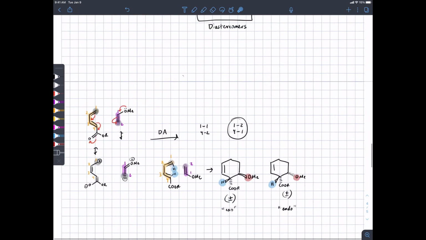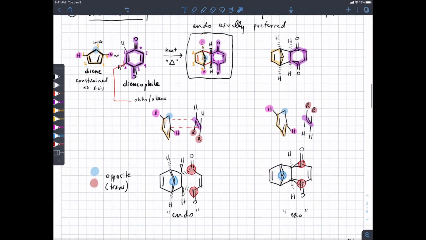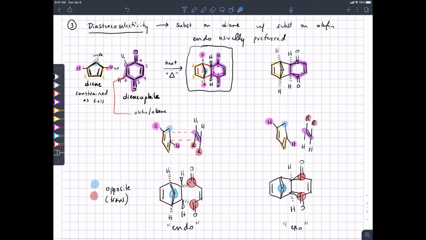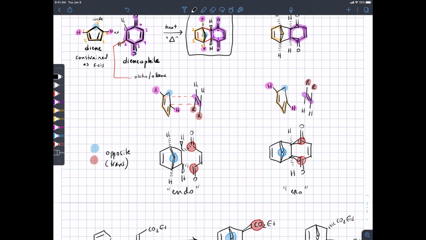All right, one last thing. I told you that endo was generally preferred, and there are some potential explanations for this, though they're controversial. One is that the R substituents on the olefin tend to have pi bonds in many cases, and it's possible for the pi orbitals associated with these R groups on the olefin in the endo transition state, if they're near the carbons 2 and 3 of the diene, some people have proposed something called secondary orbital overlap, where you have